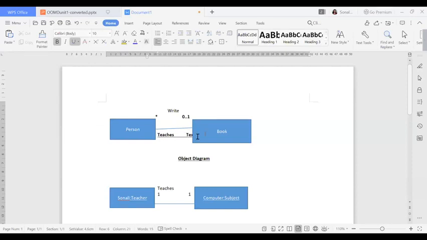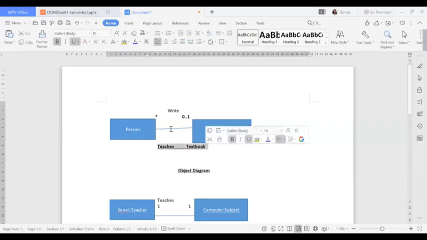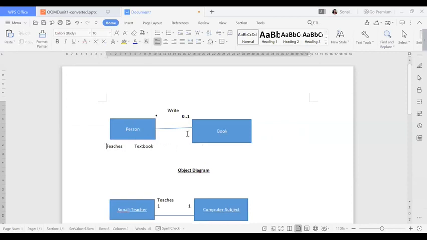The person can write also, the person can teach also. You can see the relationship now. This side the person teaches, and this side I give the association name as textbook. So the person can teach that book also, and can write that book also.